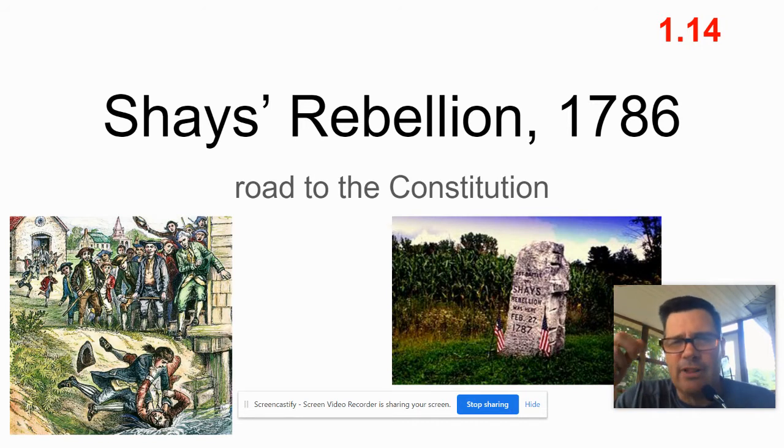There's a big overlap in this early part of our class because we're talking about the early part of the United States being created, and that, of course, overlaps a lot with U.S. history. So we're looking at the road to the Constitution. How do we get to the Constitution after the Articles of Confederation is formed? Why do they switch and end up creating the U.S. Constitution? And the reason, largely, has to do with Shays Rebellion.